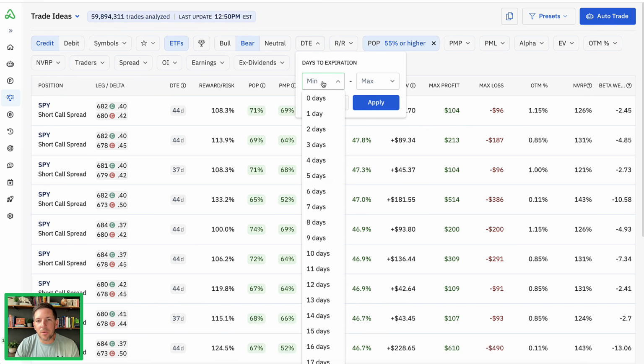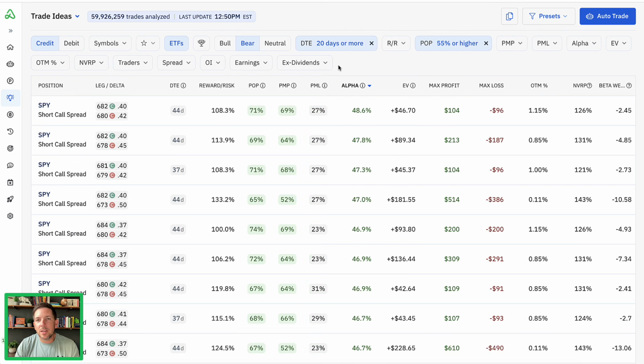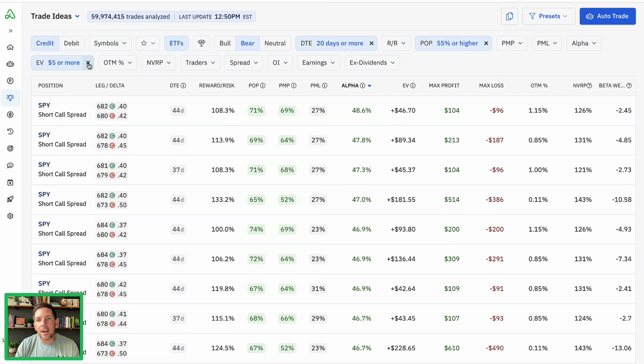I'm going to do a little bit further out in time, so maybe 20 days plus. So I don't need to do any trades that are closer in. And then over here, I can filter for expected value of $5 or more. So immediately with this filter, I can say, look, I don't want to find any positions that have negative expected